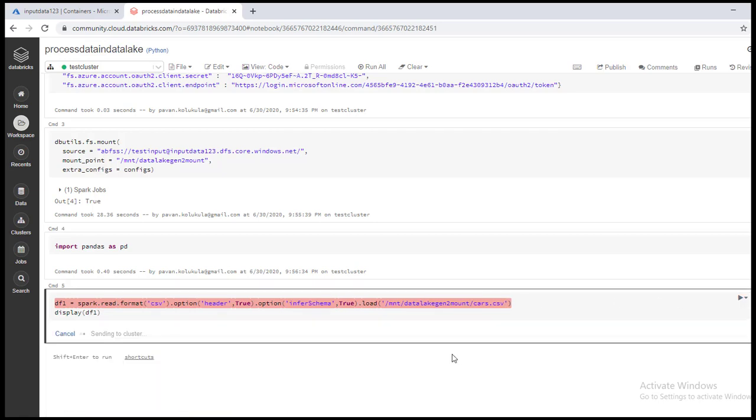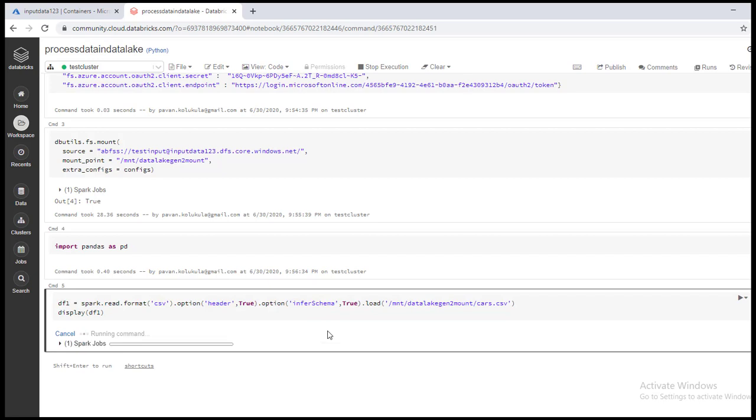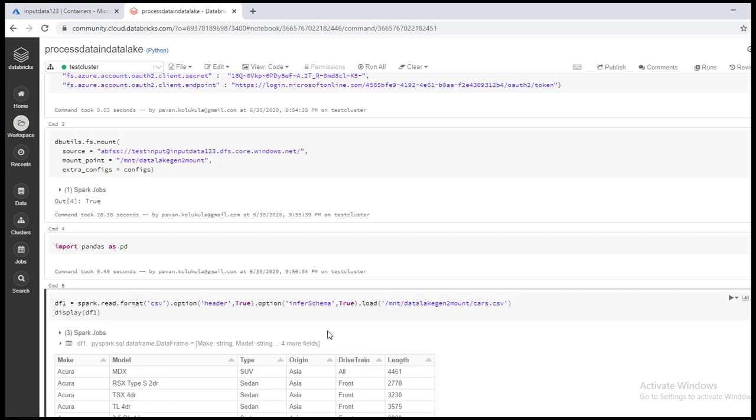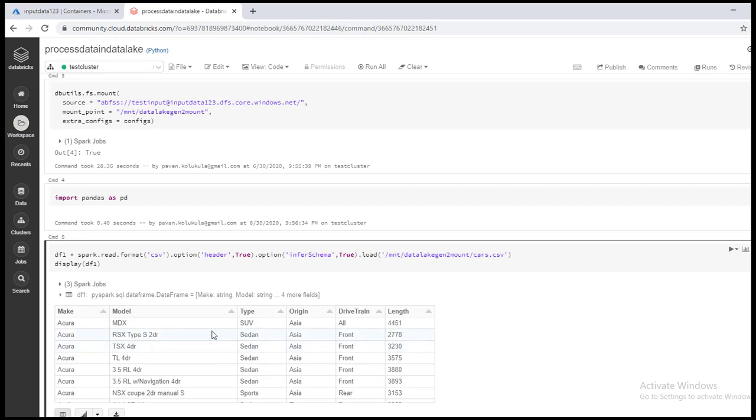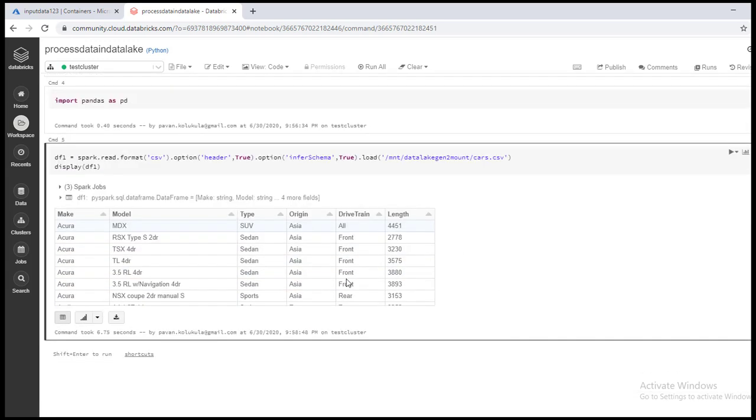Let's see if it is working. Okay. Now this data frame contains the data of the CSV file and it is loaded into this data frame.